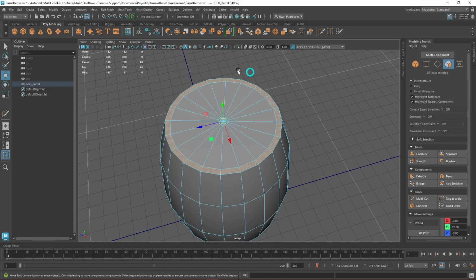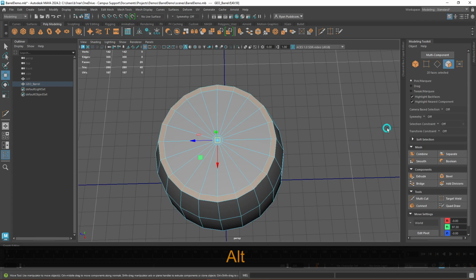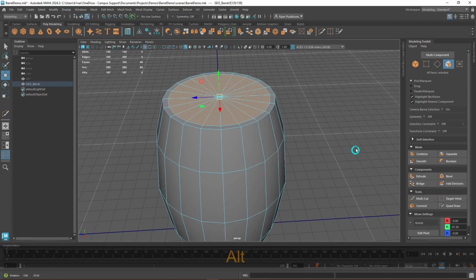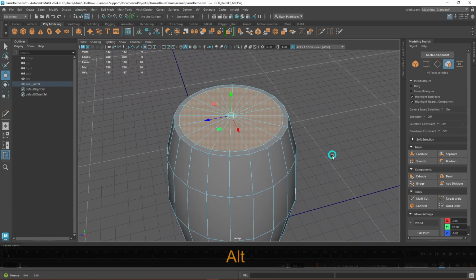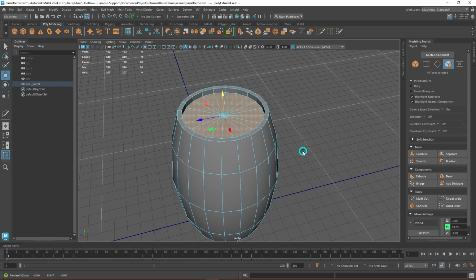Again, this only works if it's in quads. If it is not quads, Maya does not know what to do or which path to follow. So I'm going to turn my camera-based selection back on and just select our top faces. When you're extruding, there's a few ways to do it. You can hold Shift and just grab the gizmo arrow and pull it in whichever direction you'd want,